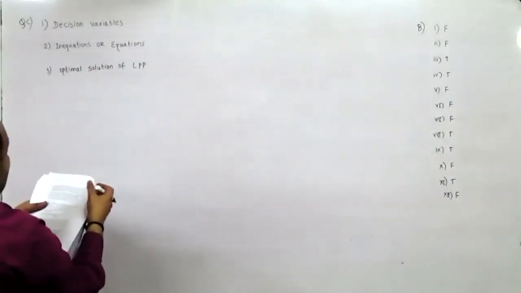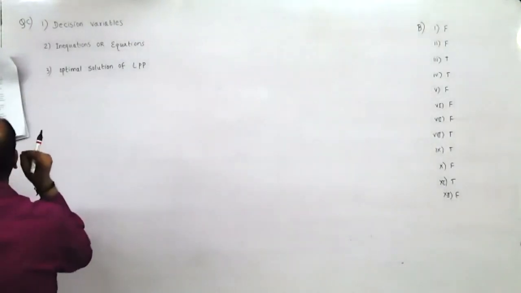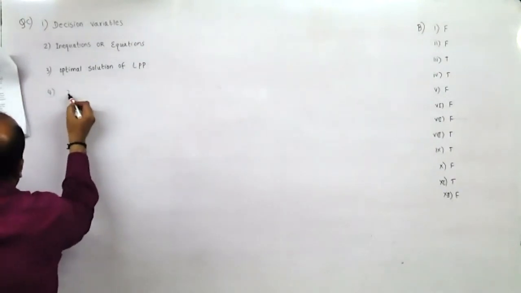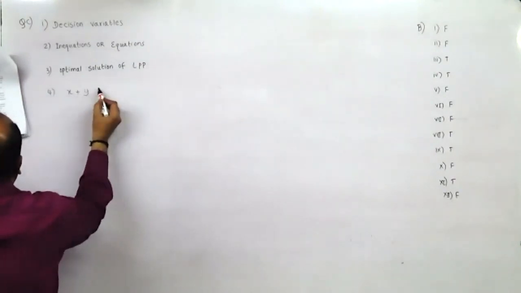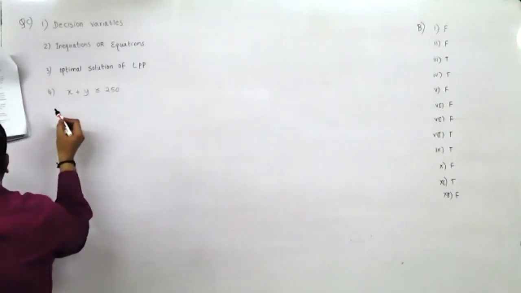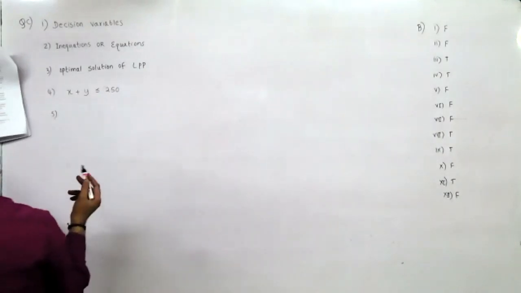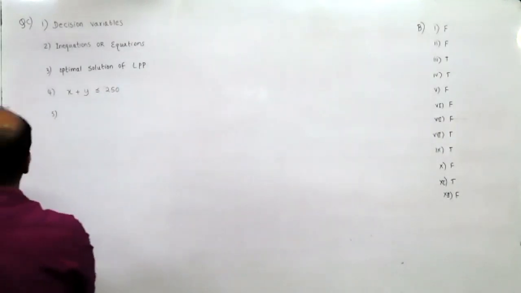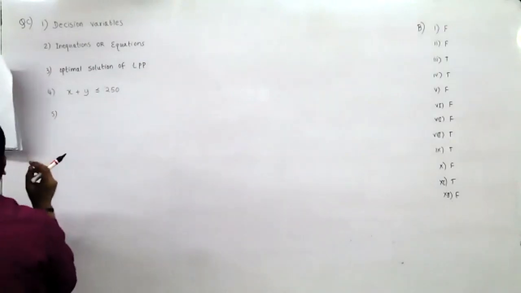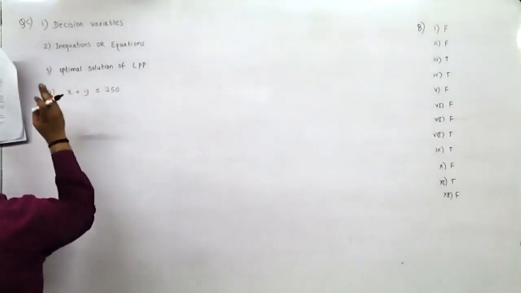Then, by spending almost 250, Raki bought some kg of grapes and some kg. That means X and Y maximum should be 250, less than or equal to 250. Sir, it's correct. Yeah, these are all, you cannot go wrong in these. The only problem can be those questions where they expect us to fill in the blanks, and not these kind of questions where we have to write equations or inequalities.